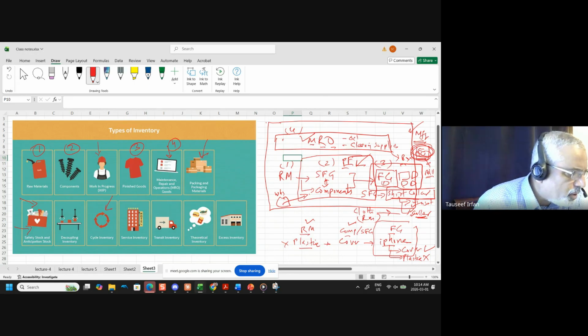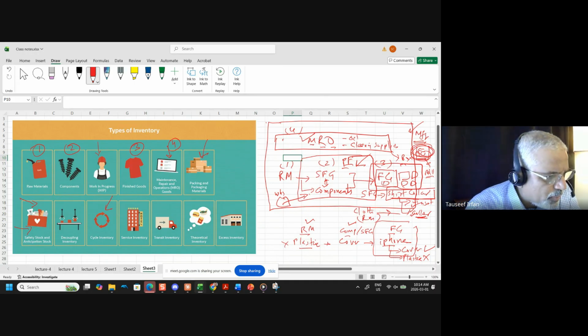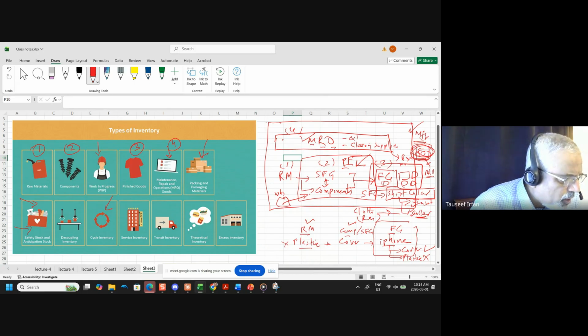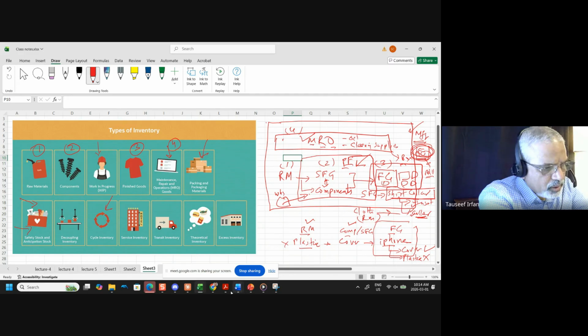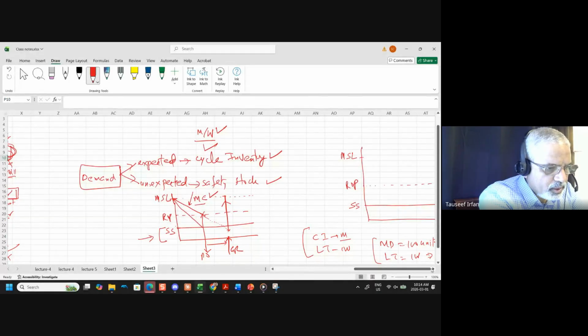We discussed raw material, components, work in progress, finished goods, MRO (maintenance, repair and operations), and packaging material. We discussed safety stock and cycle stock. That's where we are now, and then we will cover the remaining types here, and then we go into the SAP side of it. So the safety stock and the cycle stock we were discussing is